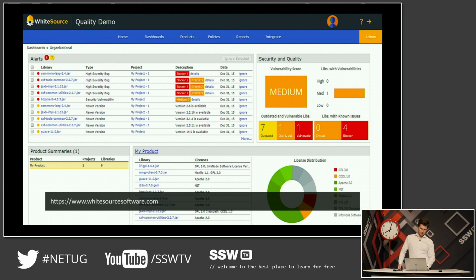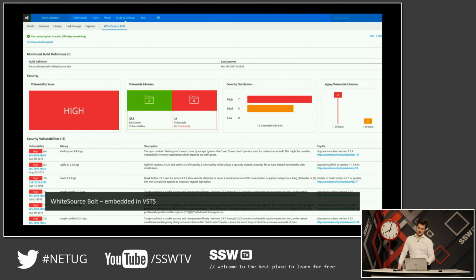Here's an example of WhiteSource. Same thing, just a different product. Again, a scanner of the packages and so forth. And this is the integration with VSTS. So I kind of like WhiteSource because of that. Because it's just easy. You just drag and drop tasks in the VSTS pipeline and off you go. It does everything for you. So having said that,